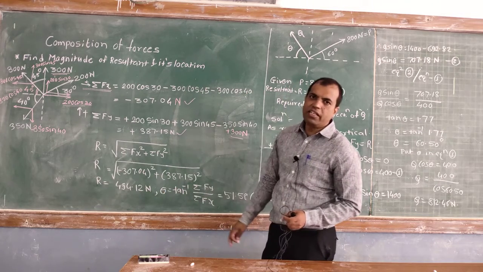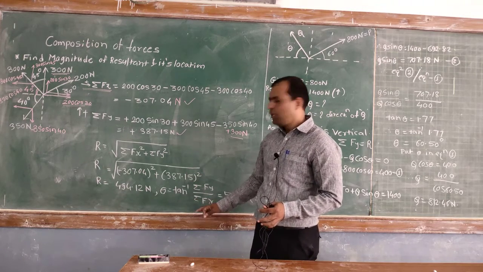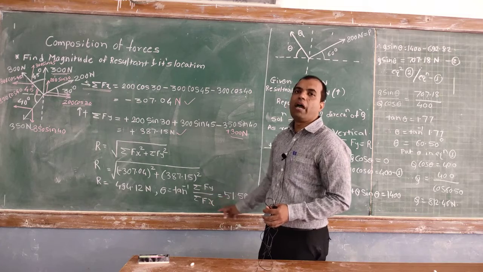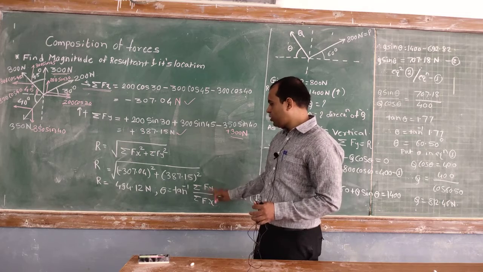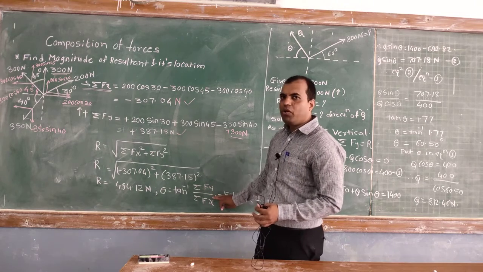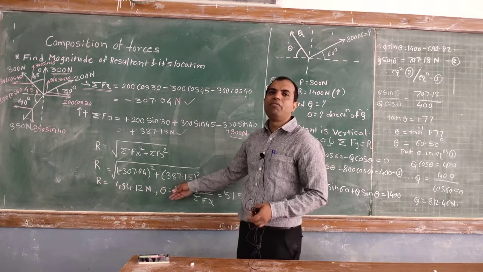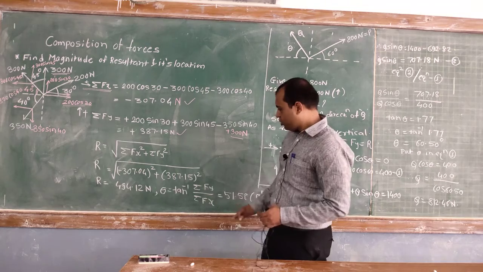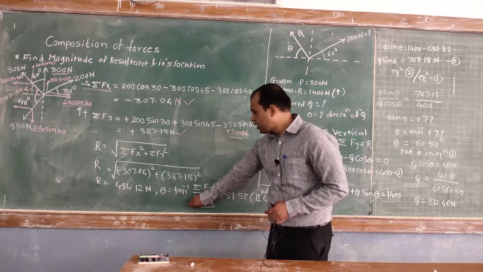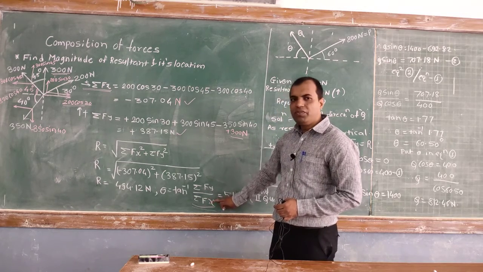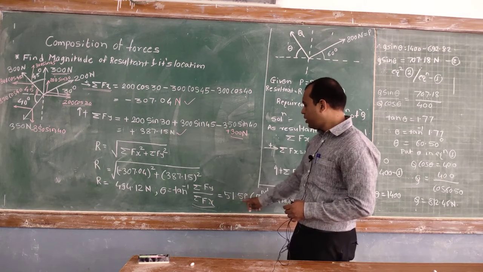Then find out theta. Theta is nothing but the tan inverse of summation of F of y upon summation of F of x. Here the denominator is F of x, therefore you will get the angle with respect to x. You can also write tan inverse of F of x upon F of y. When you write tan inverse of F of x upon F of y, you will get the angle with respect to y direction. Many students make a mistake over here. You have to remember that the angle is with respect to the direction in the denominator. So here the angle is with respect to x direction,